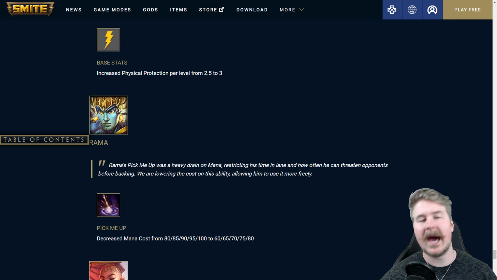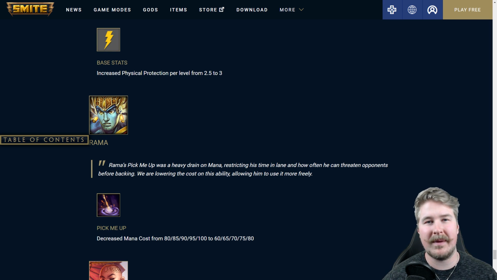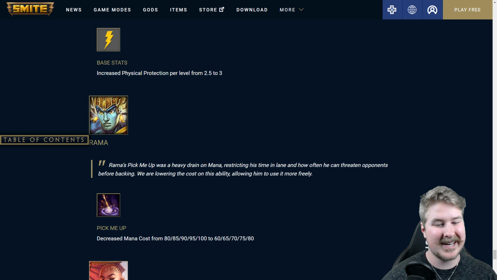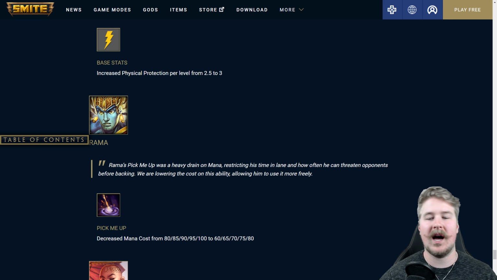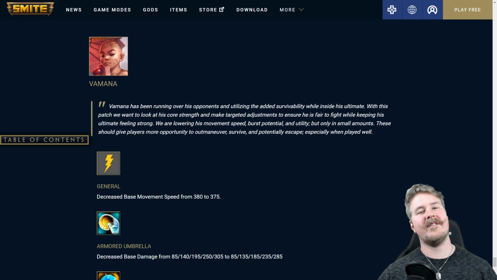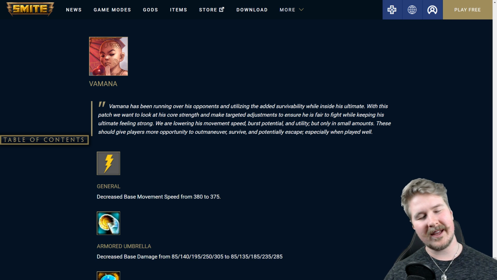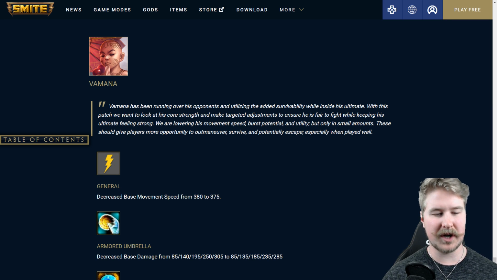They've decreased the mana cost of Pick Me Up. This is Rama's stim, from 80 to 100 mana to 60 to 80 mana. So that way you can use it a little bit more often without having to be so worried about its mana cost. For the most part, not going to change Rama at all. So there you go. And for the final change of the patch, guys, Vimana finally getting his much-deserved nerf,